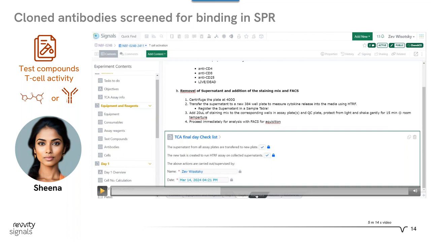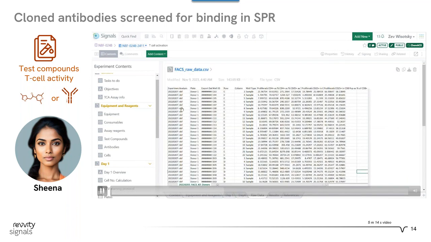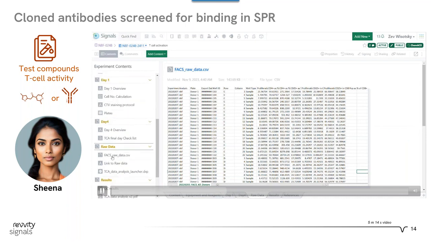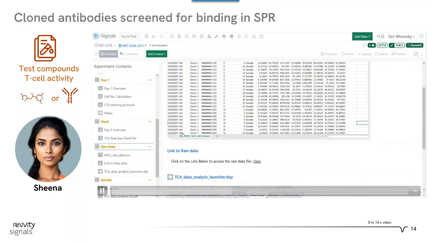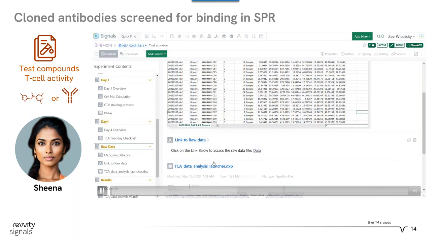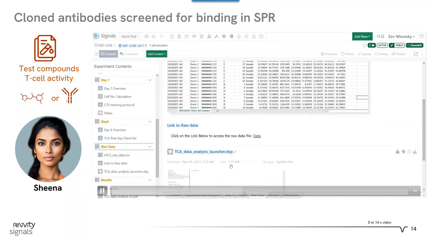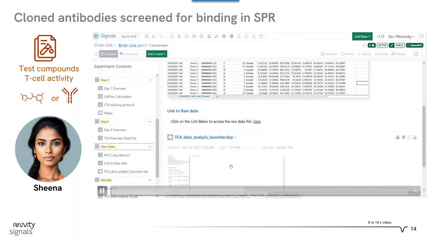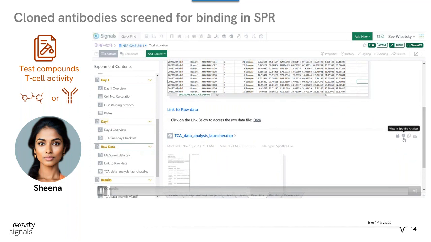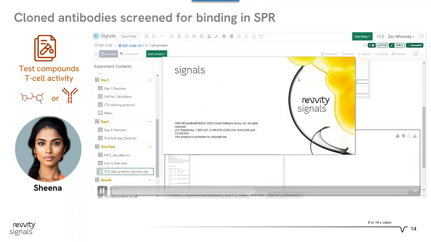All right, so I'll continue on here. So here you can see the raw file. And it has its various different columns, etc. And another just quick way to mention this is that you could also link it out. So like maybe I have a data link there in which you would have the raw file. Now this is the special part, this is the treat. We are going to extend the notebook piece where we're actually going to launch the data processing part of Signals. And this will be, the data will be ingested and then processed to show different T cell population activation profiles